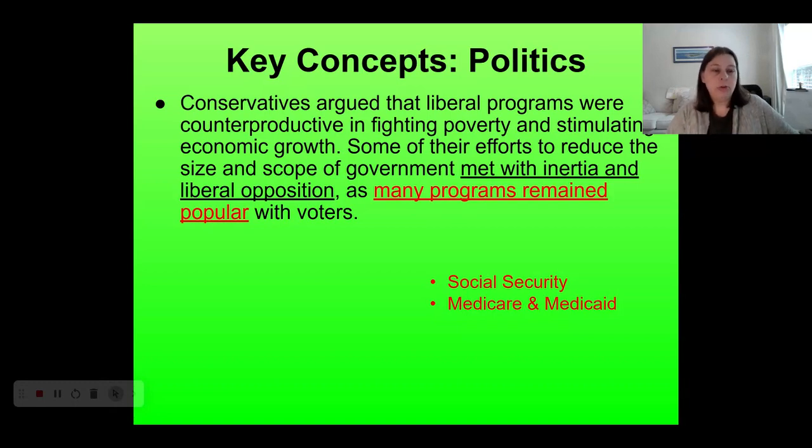But the College Board would further like you to know that although that has been the rhetoric of the Republican Party for a long time, they have had a hard time actually cutting some of the biggest tentpole liberal programs from the New Deal and from the Great Society, because they have been popular with voters. The biggest and best examples of those are Social Security, which remains very much a thing today, and also the healthcare programs, Medicare and Medicaid. Social Security was introduced under the New Deal. Medicare and Medicaid come from the Great Society, and although they've been targets of neoconservative anti-big government rhetoric, they have remained intact, largely because they benefit elderly people, and elderly people vote, right? That's a very strong voting constituency.